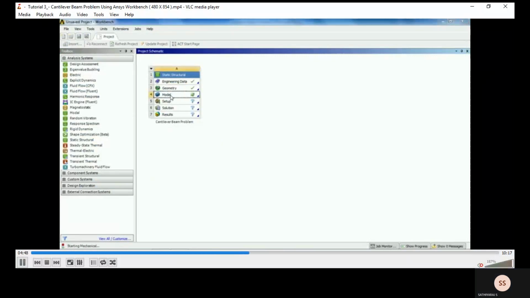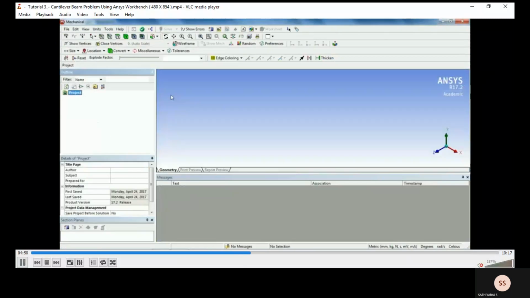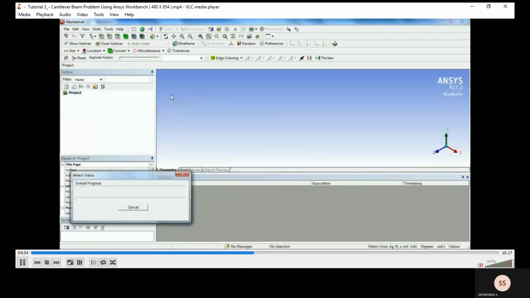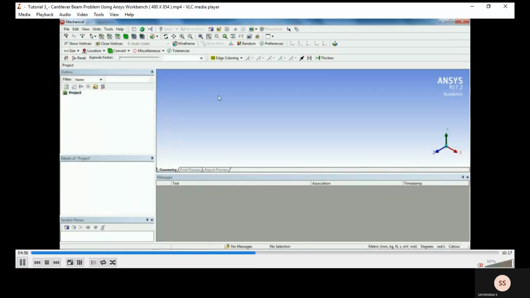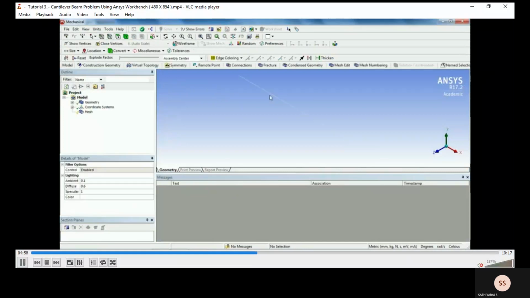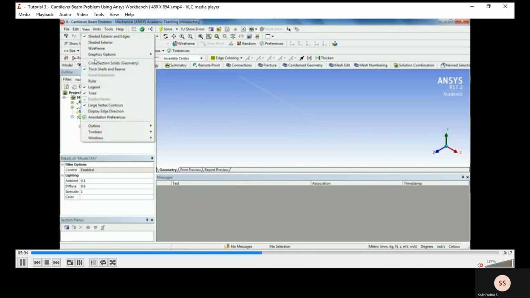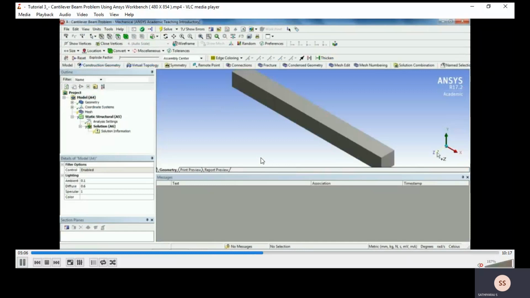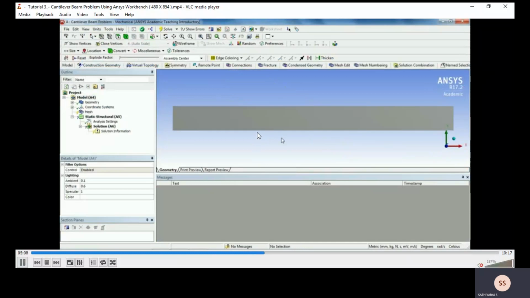Double click, and then we will get the geometry model. So this is our geometry model.